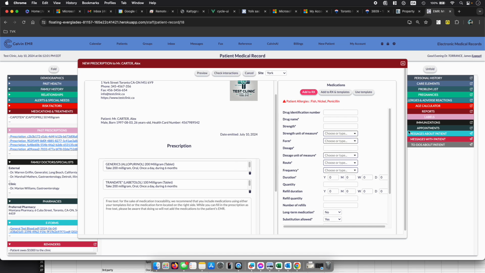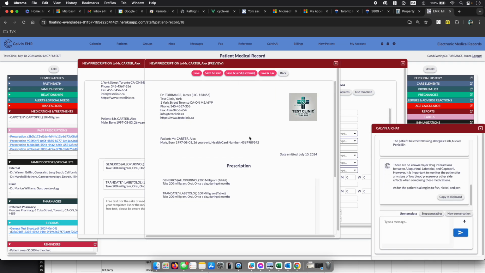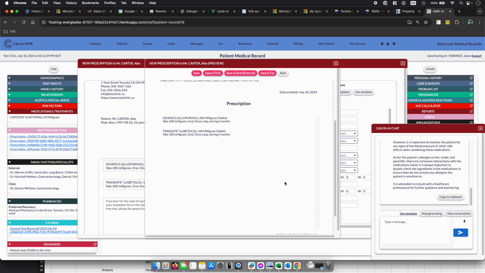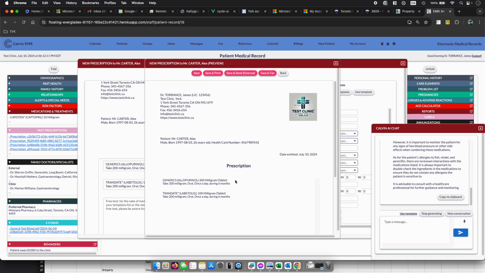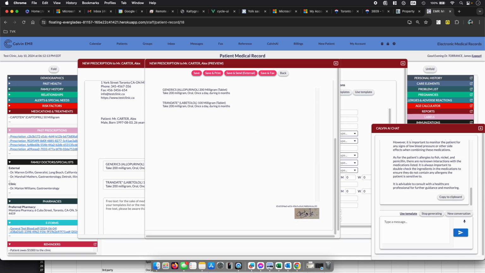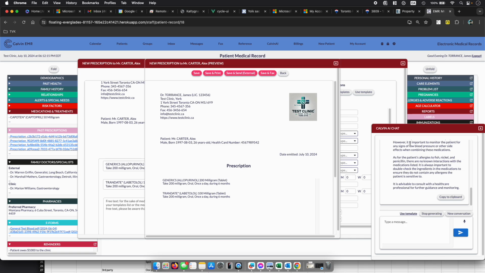But let's say you're happy with your prescription here. Click preview. So that's a preview of your prescription, with the date, prescription, and your electronic signature. And as you can see here, it's a Calvin AI chat. So that's the AI that is actually going to check